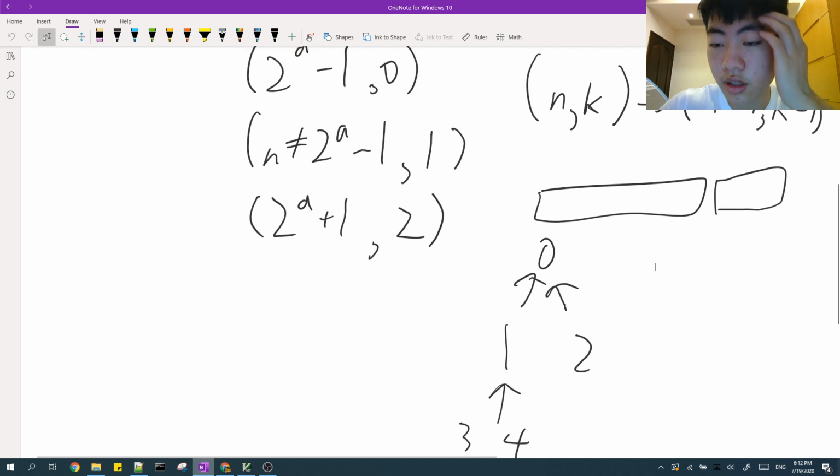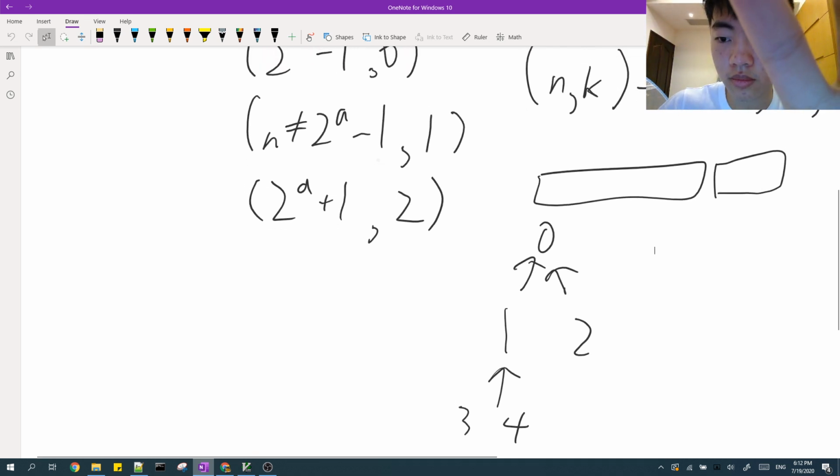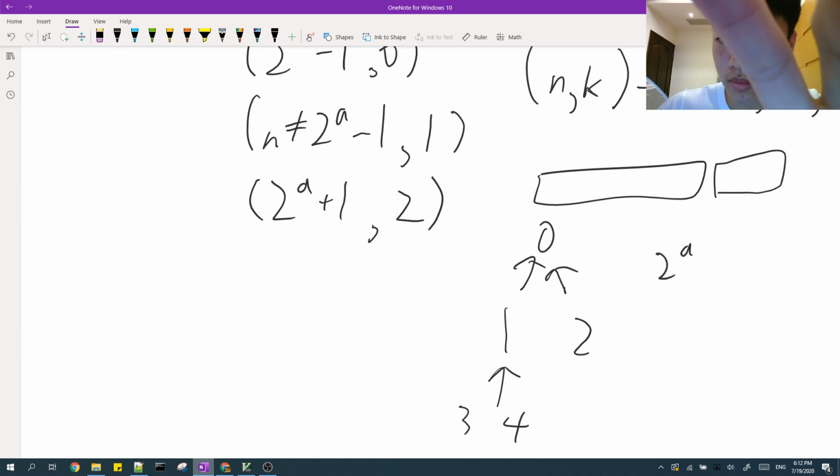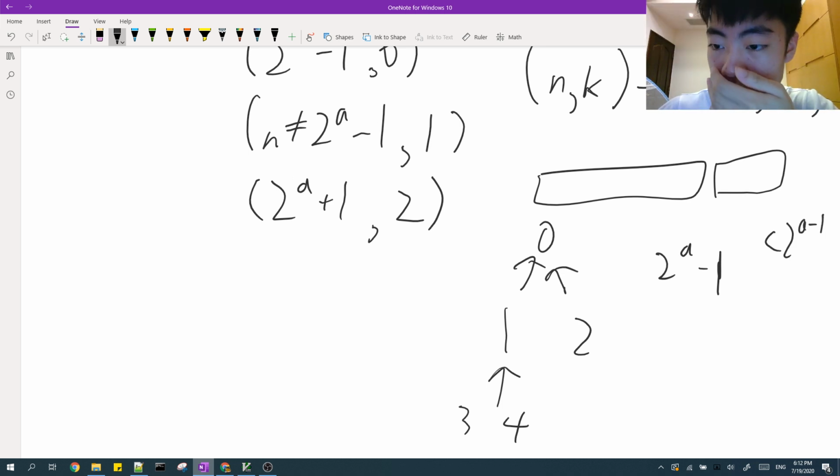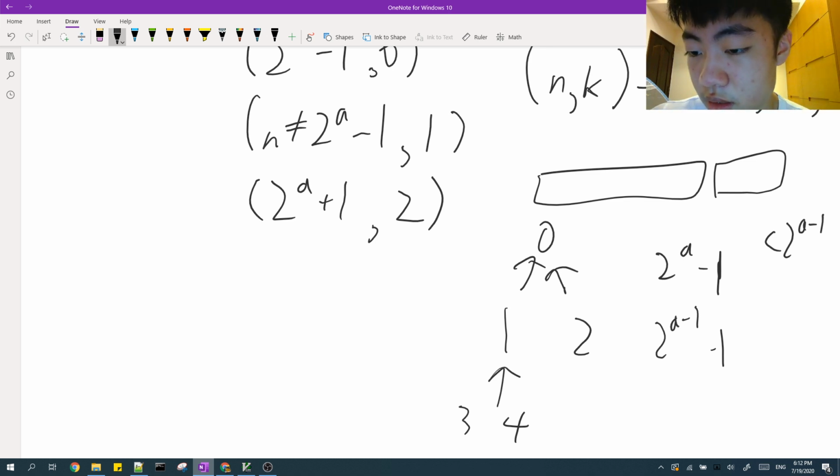Okay, I see. So if this part is less than 2 to the a minus 1, then I'm just verifying it. Okay. And then what happens is this becomes 2 to the a minus 1 minus 1. And then